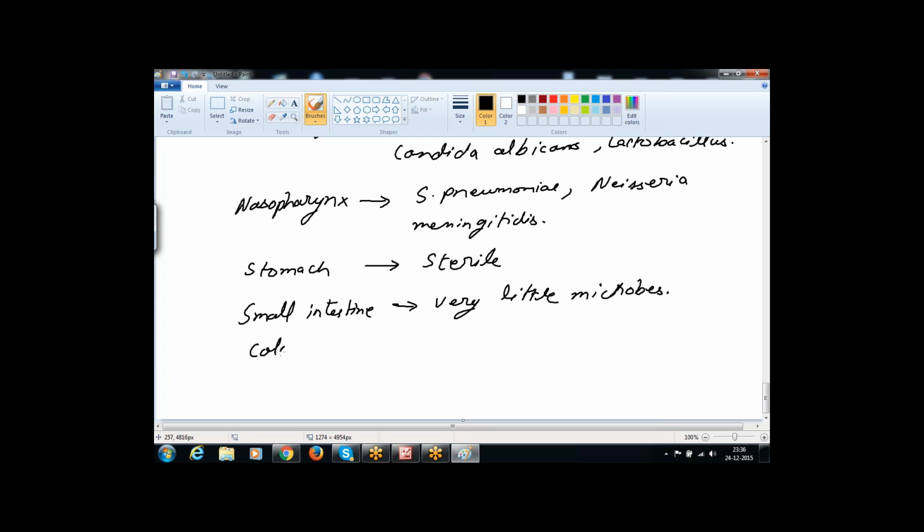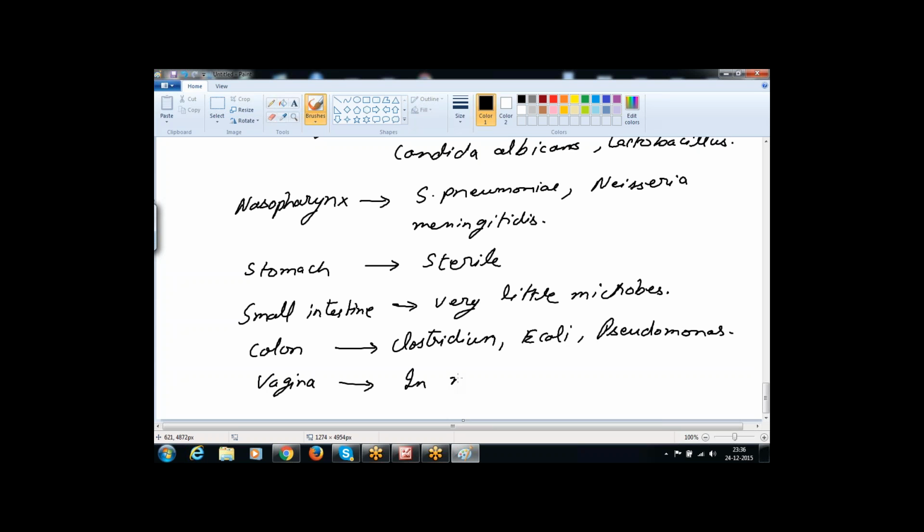Whereas colon has a huge amount of flora. Those are Clostridium species, E. coli, Pseudomonas. All you have to know is that colon has a huge amount of flora, and then vagina